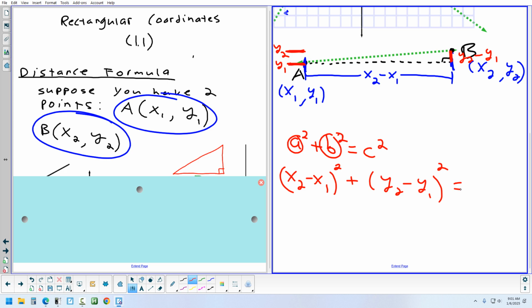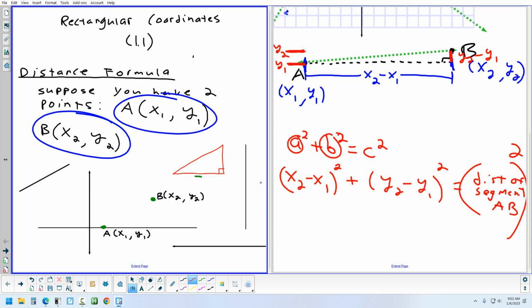And c, well, that's what we're trying to find. That's the distance between points A and B. So we could just put distance of segment AB. You know what? I don't want you to think that's division, so I'm just going to write out the distance of segment AB all in words. There you go. And that is the distance formula,